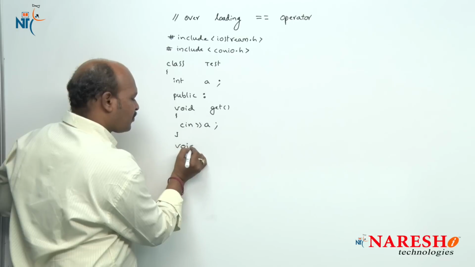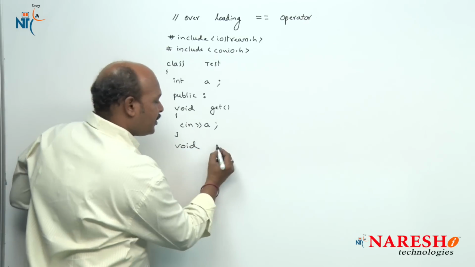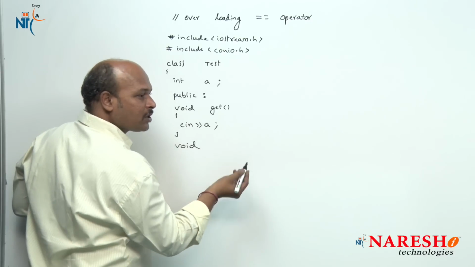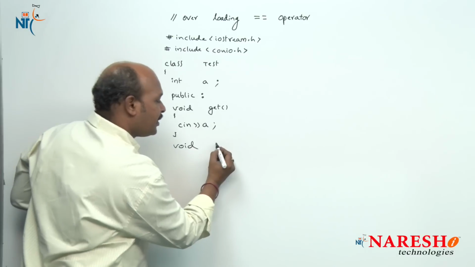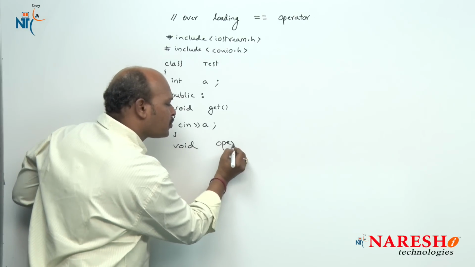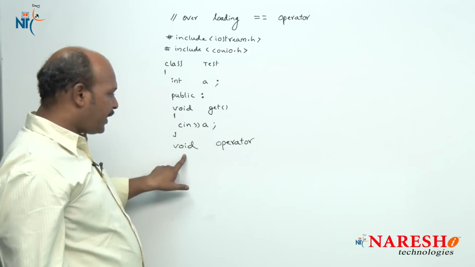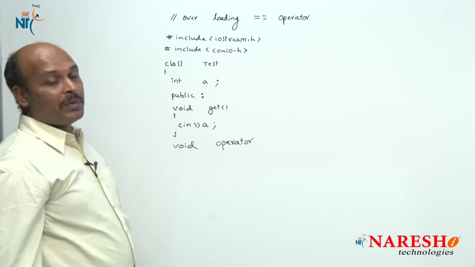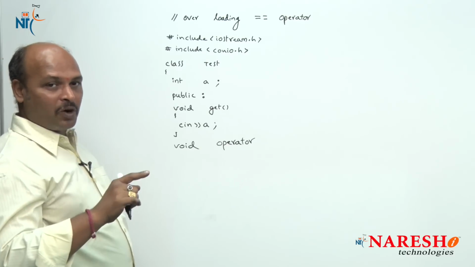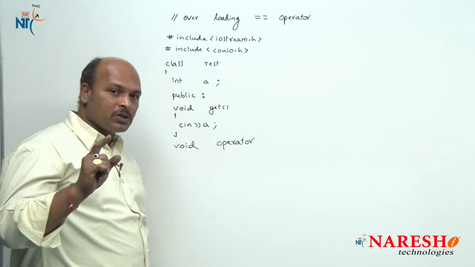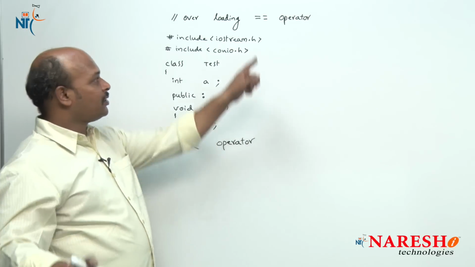First void, okay, void, later. Operator overloading syntax is what? Return type. Return type is what? Void. Later compulsorily we have to use the operator keyword. Okay, void, here operator. But here one important point, already I said this point, I want to use one function. Later I am going to use operator.